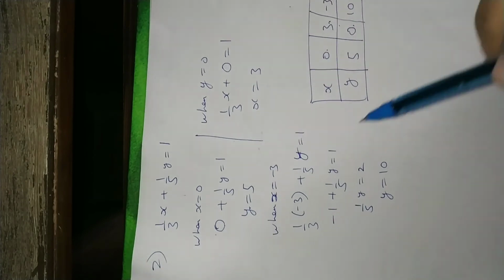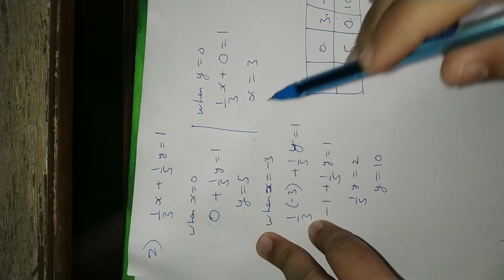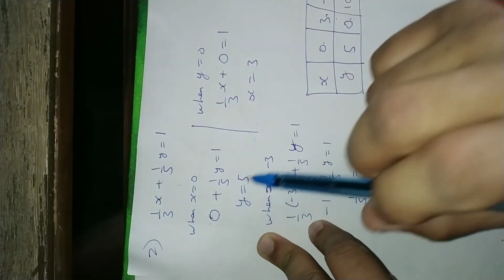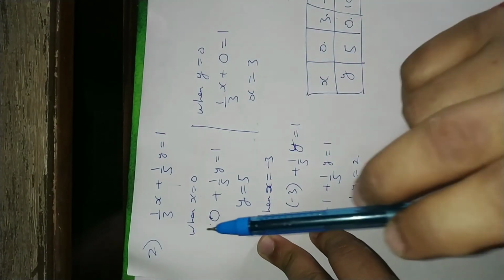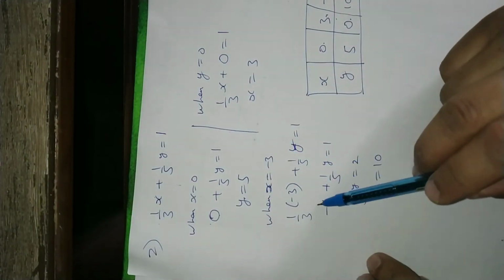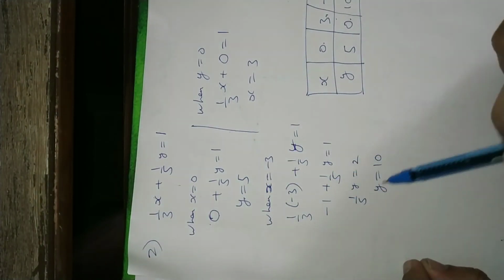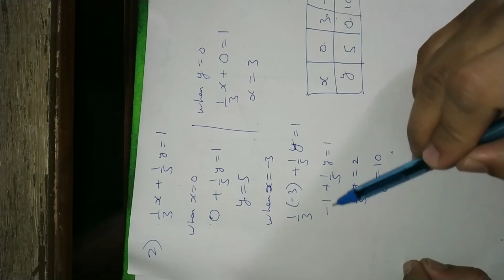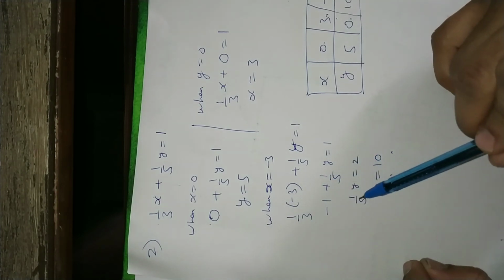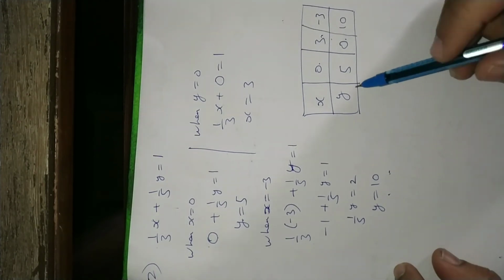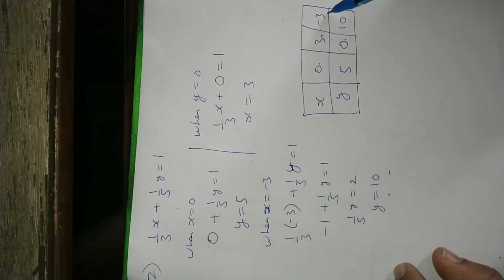Now for the third point, with experience you will find that, because here is 3 downside and we have already used 3 for x. So now what we will do, we will put minus 3 in place of x. When x is minus 3, on solving this you will get y is equal to 10. So minus 3 minus 3 cancel, and this will become minus 1 plus 1 by 5y is equal to 2, y is equal to 10. So when x is minus 3, y is 10. Now you can plot these 3 points on the graph.